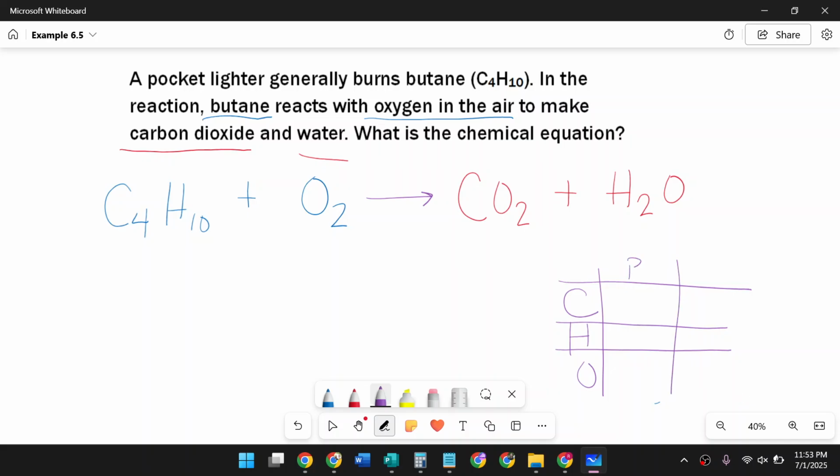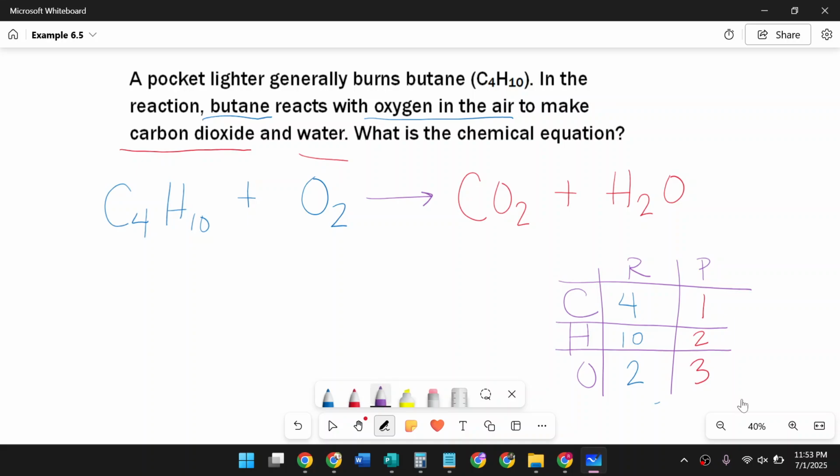And we care about what's on the reactant side and what's on the product side. So on the reactant side, we have 4 carbon, 10 hydrogen, and 2 oxygen. And then on the product side, we have 1 carbon and 2 hydrogen, and oxygen shows up in 2 places, so we have to count those together. 2 here and 1 here. That makes 3. We could go straight across, hitting our C's, then our H's, and our O's. We could start with the hardest, we could start with the easiest. And so let's start with the ones that only appear in one place, and then we'll deal with that oxygen